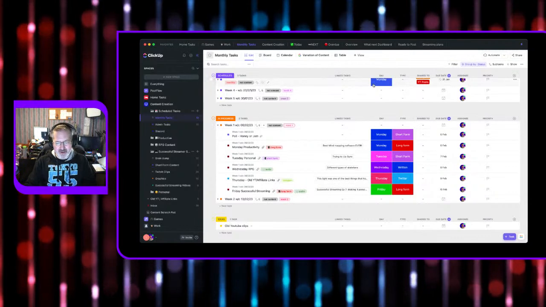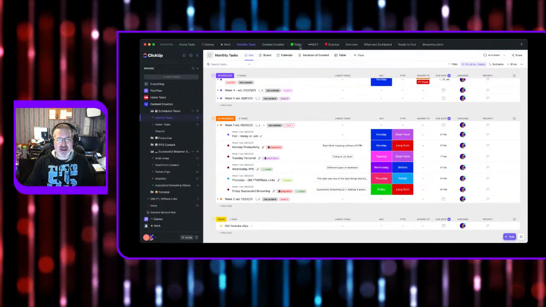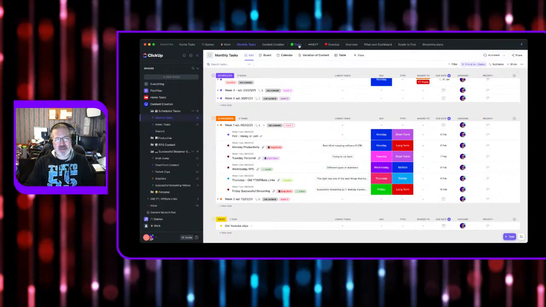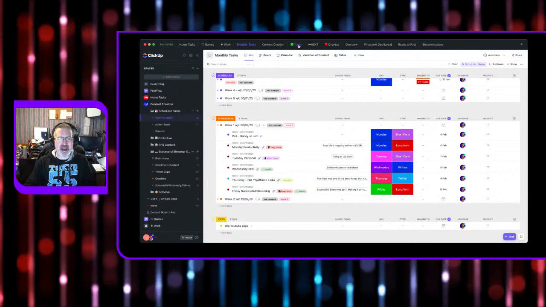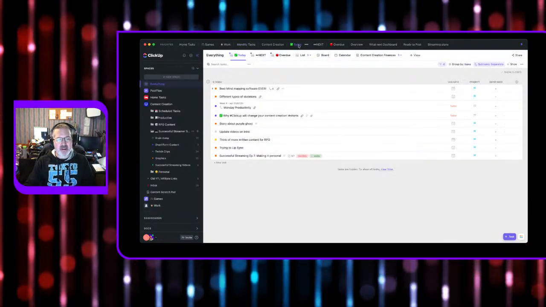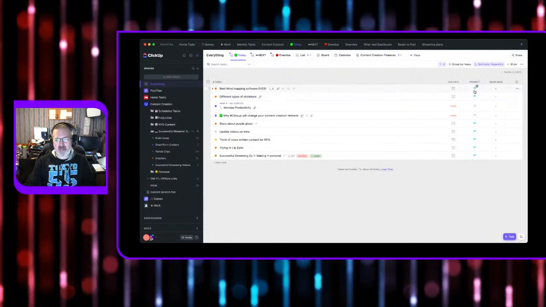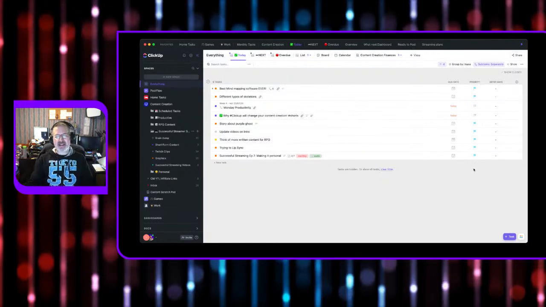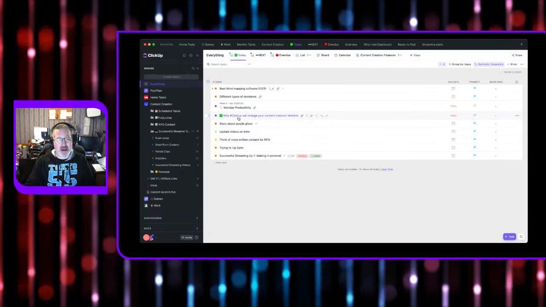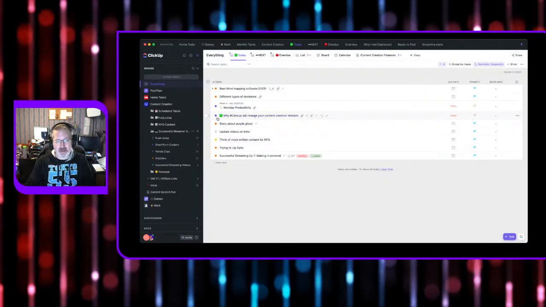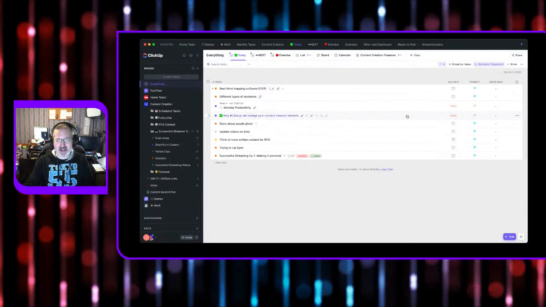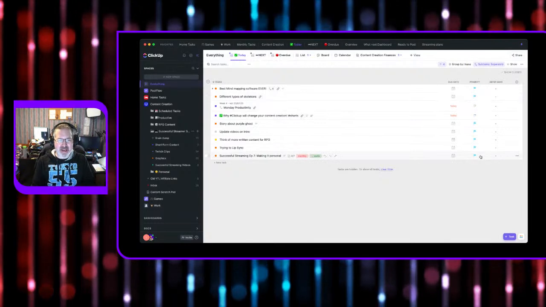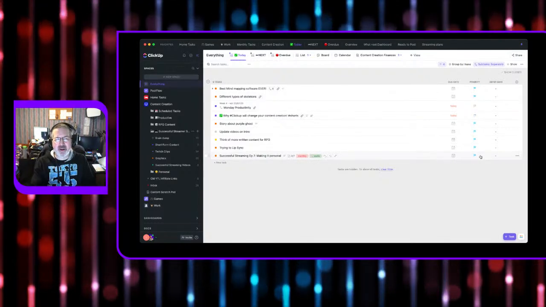Now you might be thinking, why on earth am I putting blue flags on everything? Well, that's because up here you can see I've got a Today view, which is probably not the right thing to call it, but anyway, if I click Today, you will notice that anything with a blue flag has appeared. Basically this is anything that's due to go out today. So this video is due to go out today. I can see that it's scheduled and it's due for today. These blue flags basically mean you need to work on these.